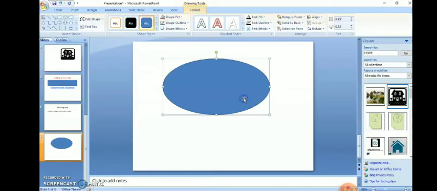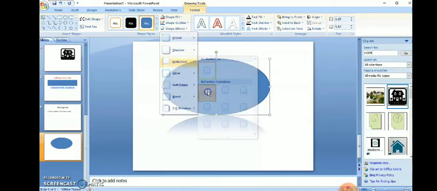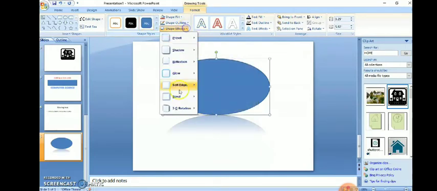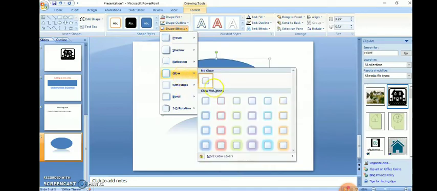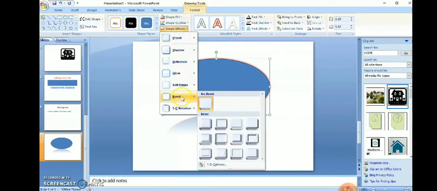Now in Format, the shape fill option is there, the shape effect option is there, and shape outline is there. Once I select, I can see what effect it shows. Under shape effects, I'm selecting glow. This is how the effect is.